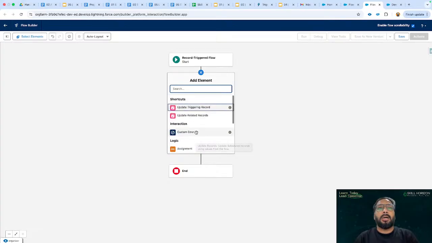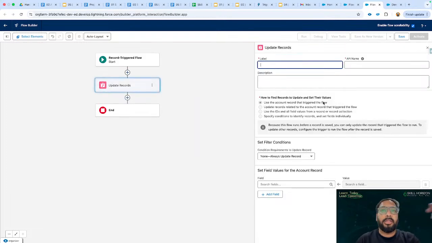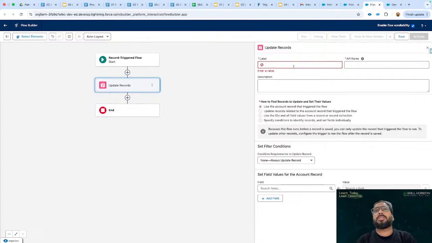So update record, and if I choose update triggering record, I think that will be appropriate, because the flow is getting triggered through the record, so we need to update the same record. If you choose the triggering record, that particular option will be correct. So I chose that, and here I can say update account,